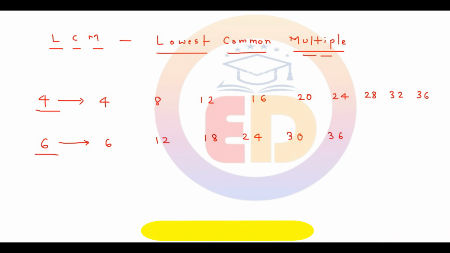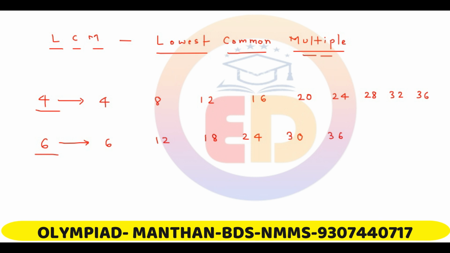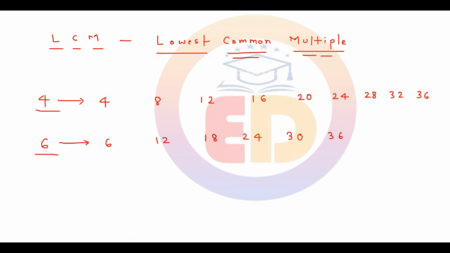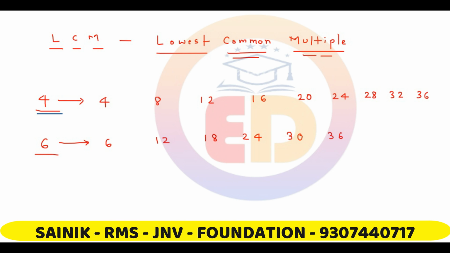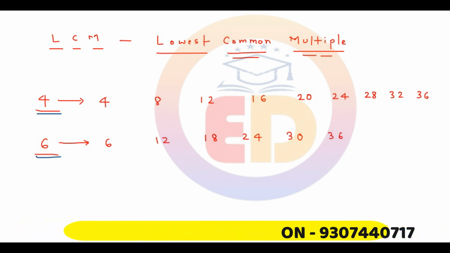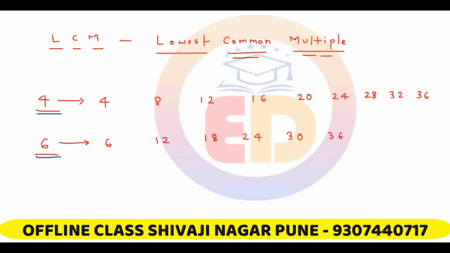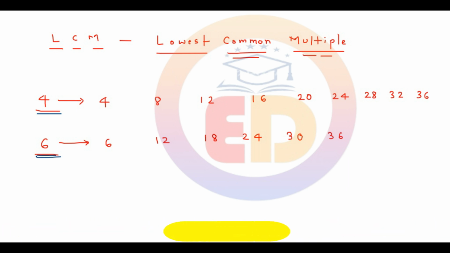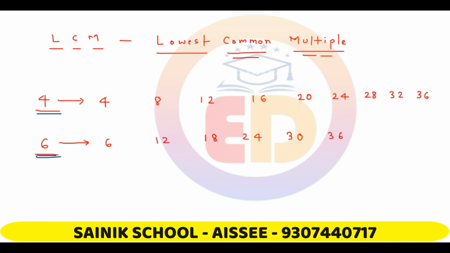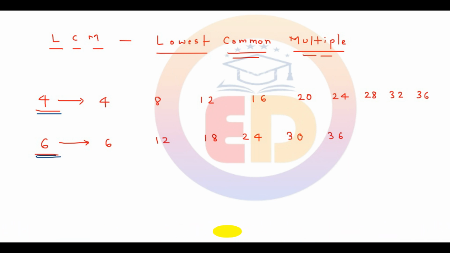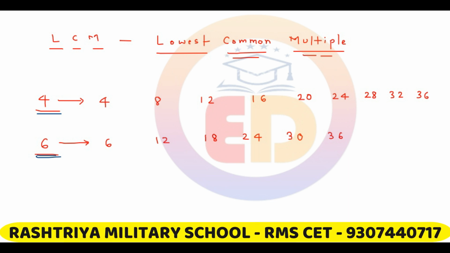Now out of these, let us take the common multiples. What are the multiples which are common between both 4 and 6? Common means the multiples which are present as a multiple of 4 as well as a multiple of 6. We have to look for such numbers which are in the table of 4 and also in the table of 6. These will be common multiples. Such numbers are